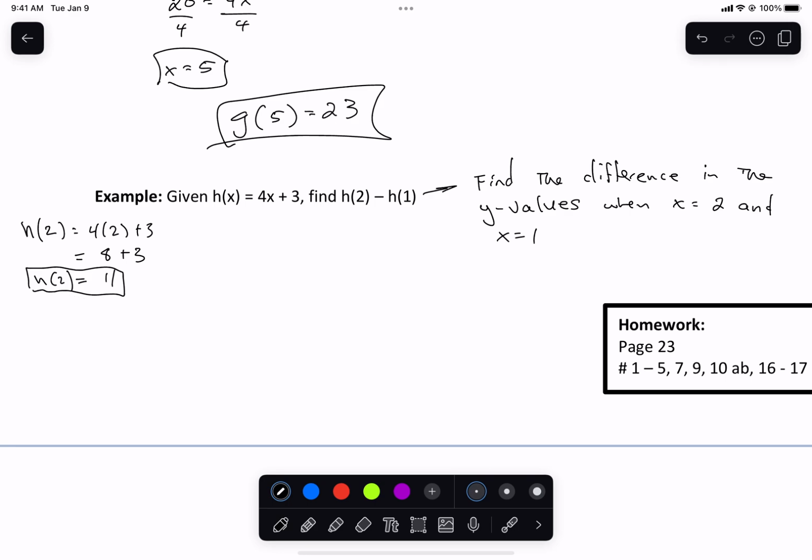Put a little box around that, it's some information you know. h of 1. Okay, and then we're going to go, okay, I know h of 2 and I know h of 1, right? So we're going to go